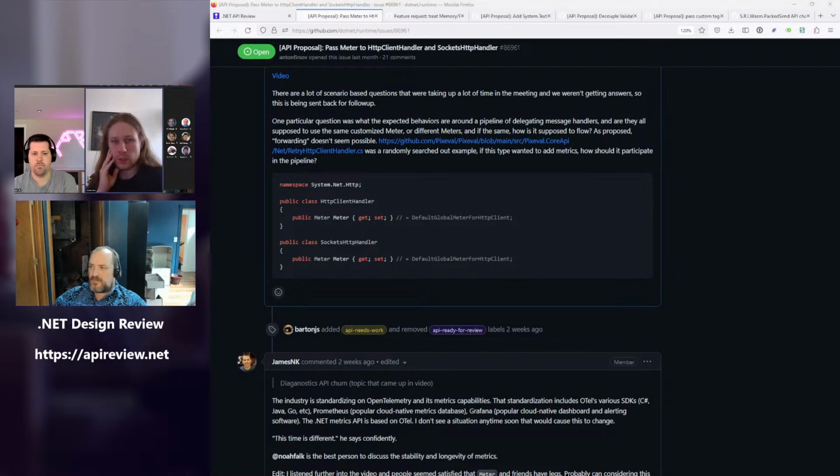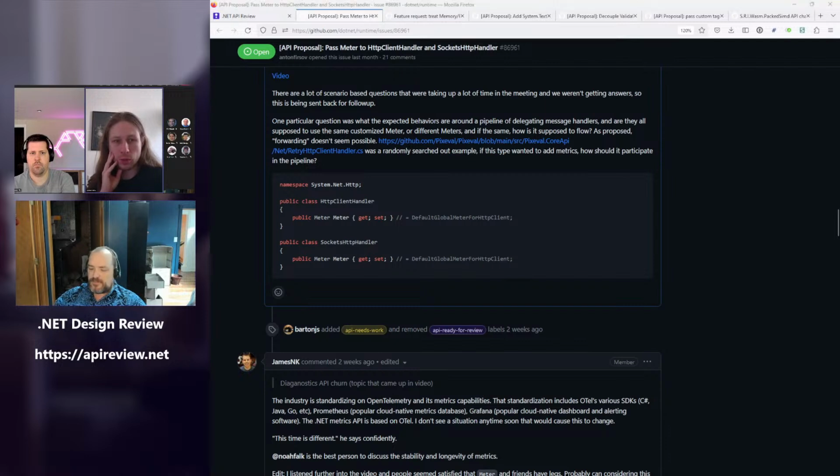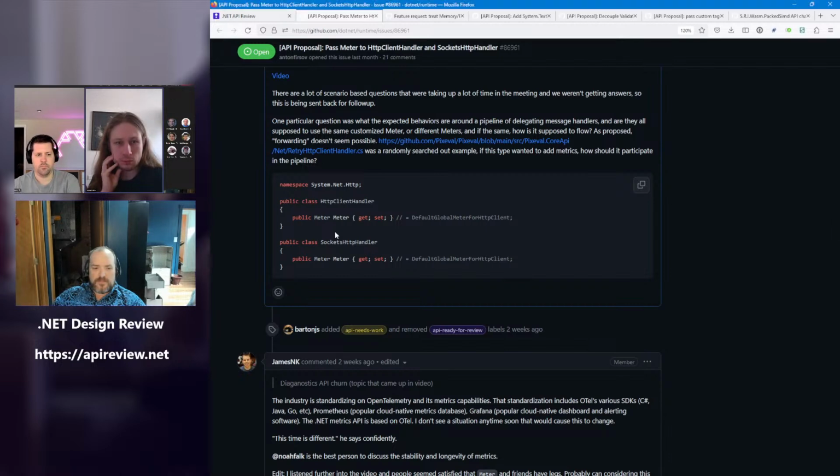So there is no point to expose it in the base type, or there is no use case for that. As when it comes to forwarding, when you instantiate these handlers in your handler chain, you can pass the custom meter if you need to. There is no need to have some weird mechanism to pass it through the handler chain. So to that particular question, that's my answer. Noah also answered it more comprehensively, but I think that's the key point.